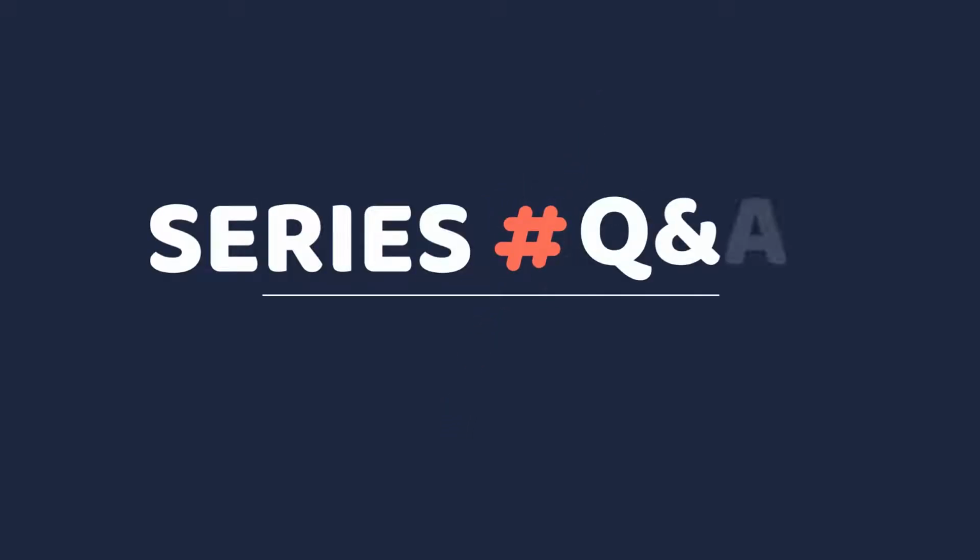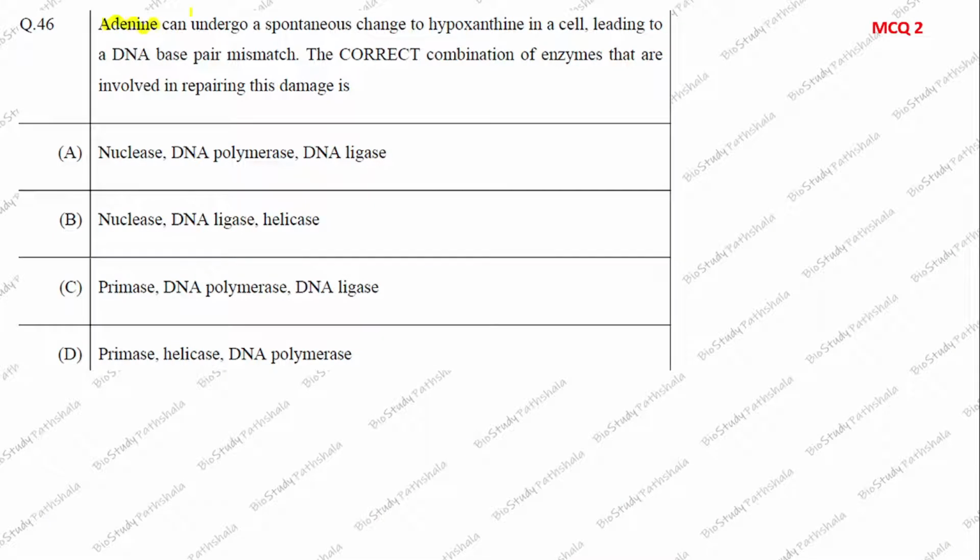Today we are going to solve some MCQ and MSQ type of questions of GATE BT 2022. So let's get started. The first question is: adenine can undergo a spontaneous change to hypoxanthine in a cell leading to a DNA base pair mismatch. The correct combination of enzymes involved in repairing this damage is, and this particular question is MCQ